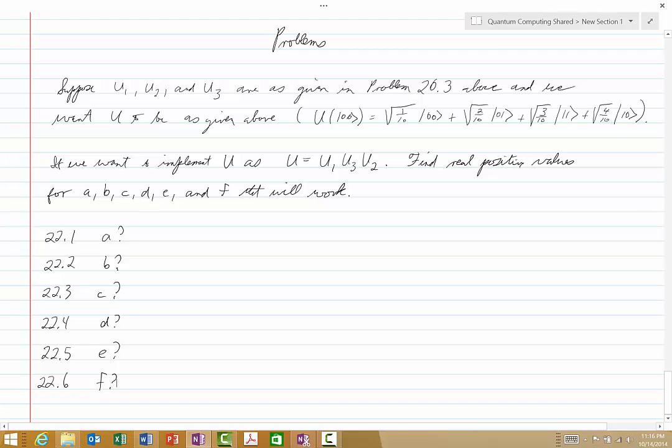And once you require that, then the values will be unique. And so you should find A, B, C, D, E, and F that will give us a U that will behave in this way, and also that can be written as U1 of U3 of U2,